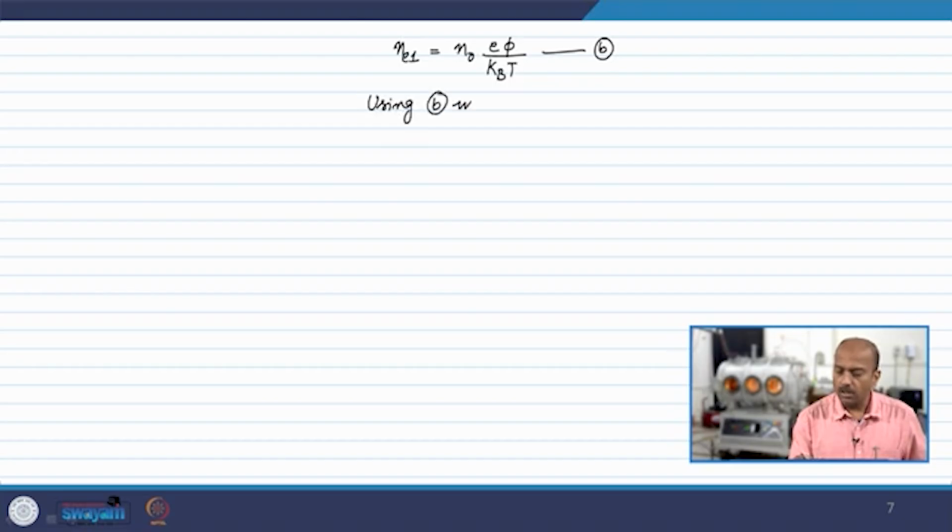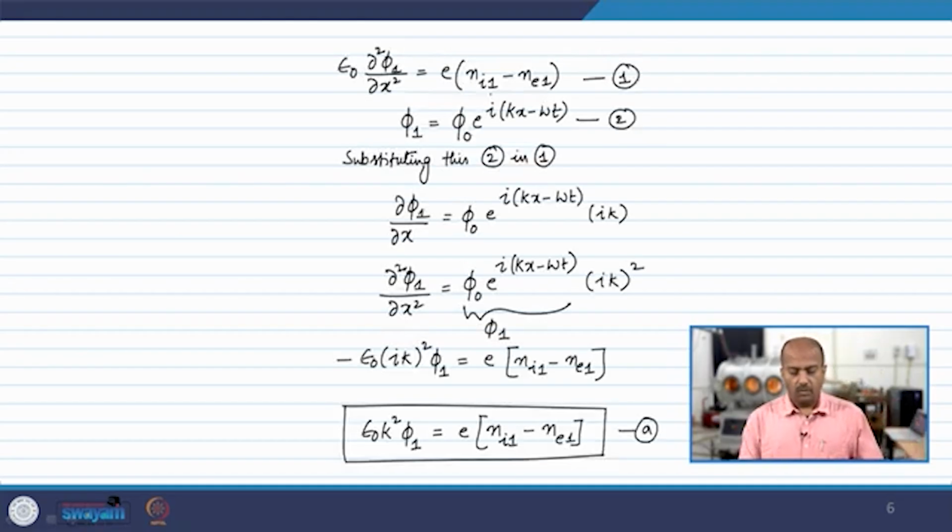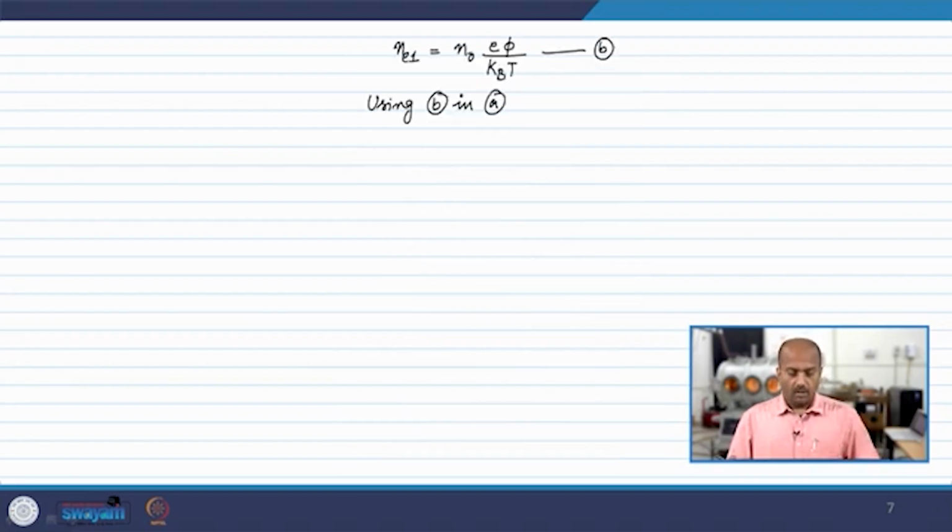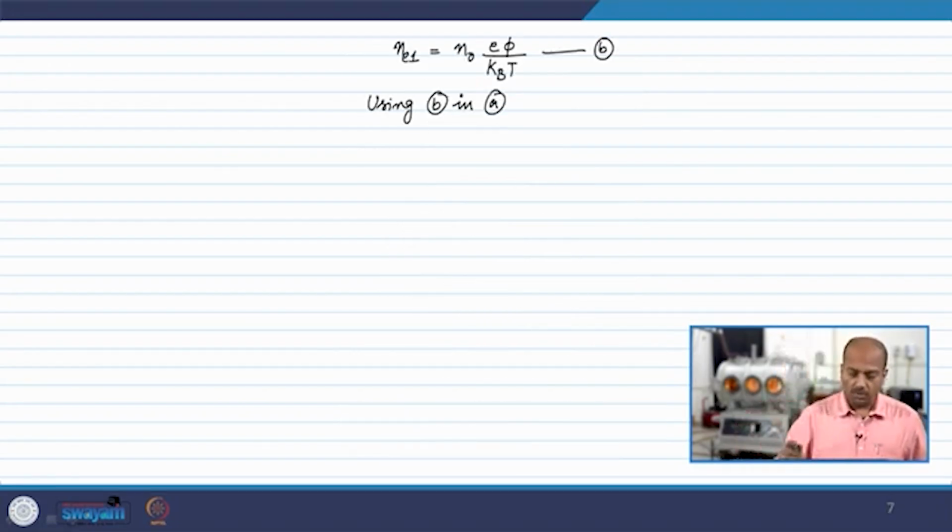B in equation A. What is equation A? Equation A is the Poisson equation basically. It is written in terms of the potential phi 1. We have to substitute B into that equation. So, we will write the Poisson equation first. Epsilon naught k square phi 1 is equal to minus e (n e1 plus n i1)